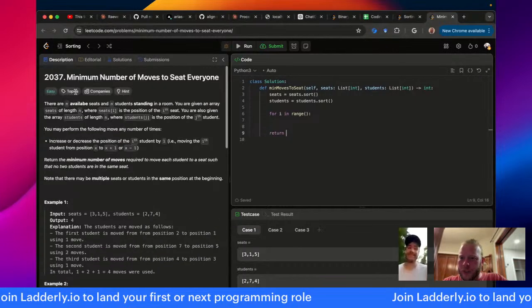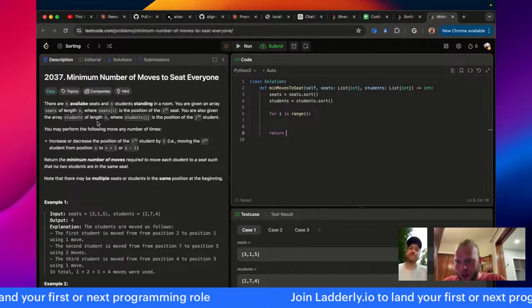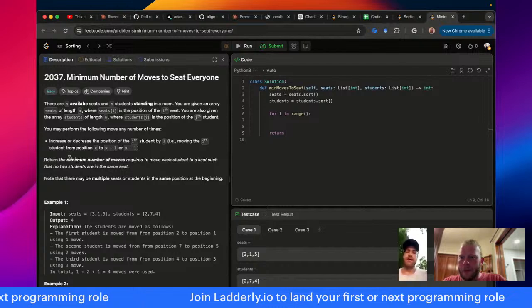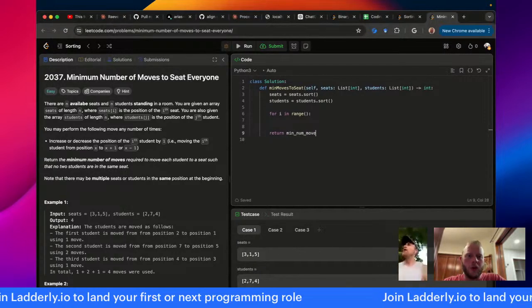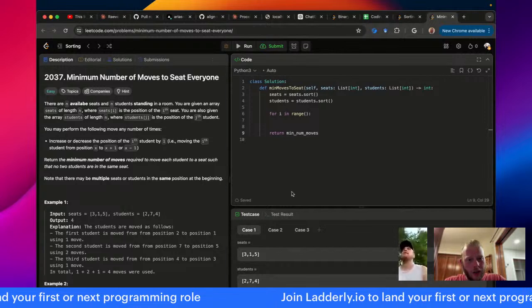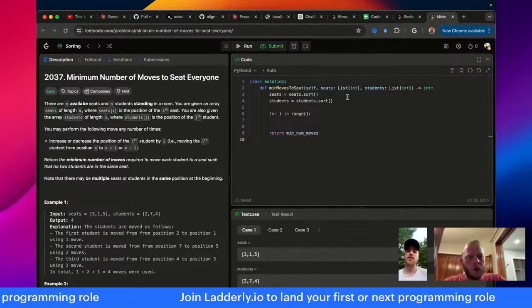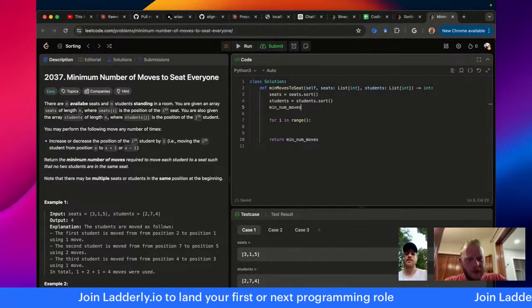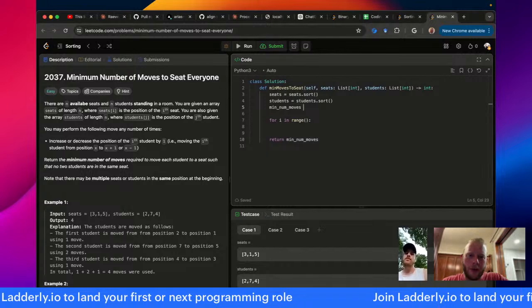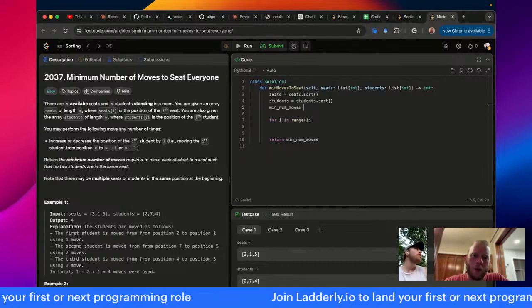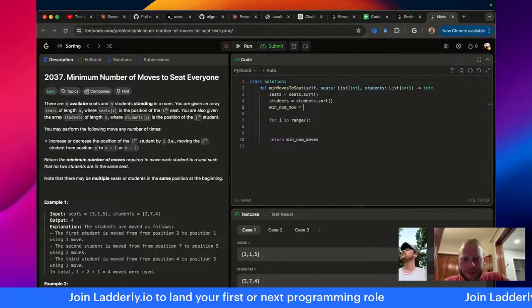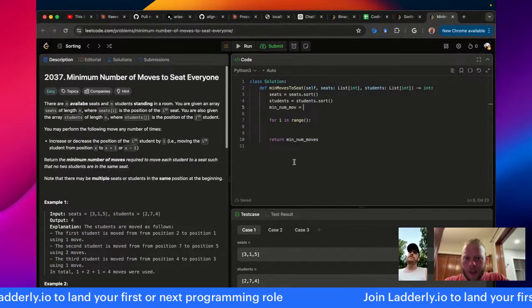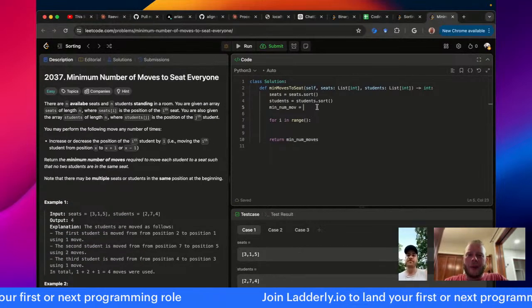So we're eventually gonna return what? What's the name of this result? We could just call it result. Minimum number of moves. I'll call it min_num_mov, because when it comes to naming your variables, you want to just take the first 3 letters of any English word, and that's the optimal variable name. So min, num, move. I guess MOV for move there, just to be clear. And that's why I'm not the comedian. That's my attempt at a joke.